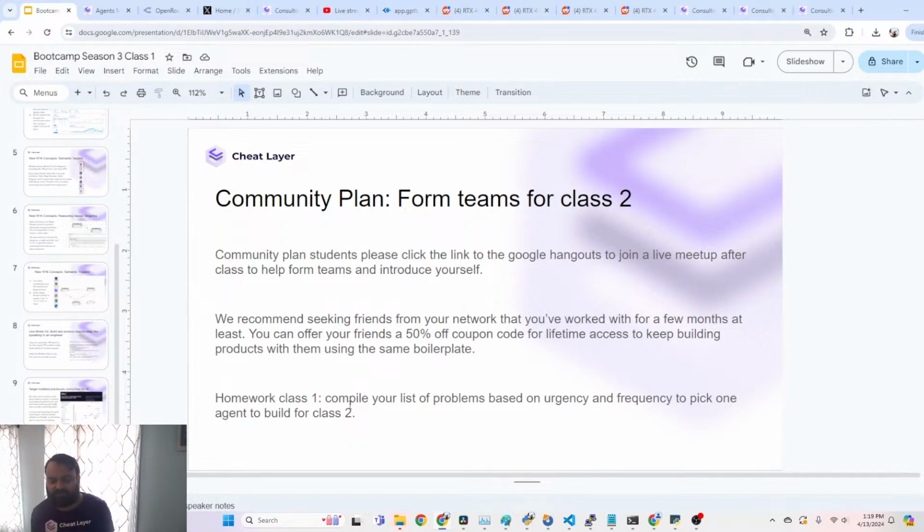If you have access to the community plan, we'll be having these team building events and ways for you to form teams. But based on mentoring hundreds of people, and even the last boot camp, I recommend finding someone in your own life that you have a relationship with, that you've worked with for maybe a few years, like a friend or a coworker that you'd be willing to work on a project with even if it doesn't succeed. Co-founder issues tend to be one of the bigger failure modes in everyone I've mentored over the last hundreds of people. So try to find someone you'd be willing to work with for months.